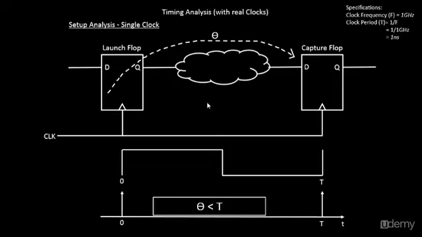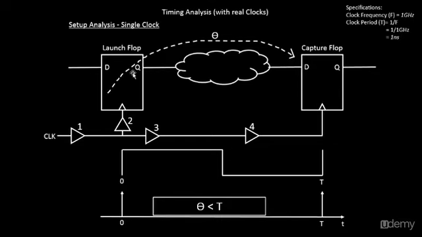Now in the presence of a clock tree also, we will come up with some equations that justify that your system will still work at 1 gigahertz. So how do we do that? Let's first build the clock tree over here. It will be something like this. The clock which enters from this particular port first hits the first buffer, then at this point it diverges. From this point it goes to the launch flop through one buffer, and then goes to the capture flop through two buffers. This is a clock tree like the ones we have been building in the previous videos, and we have just generalized the clock tree diagram with respect to the launch flop and the capture flop.